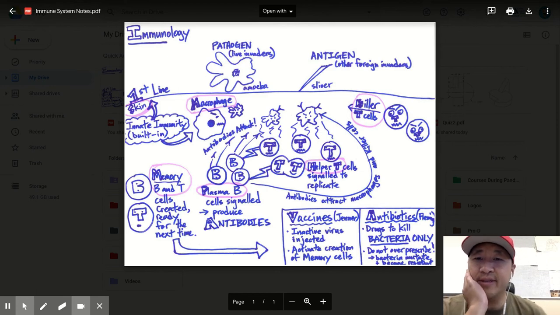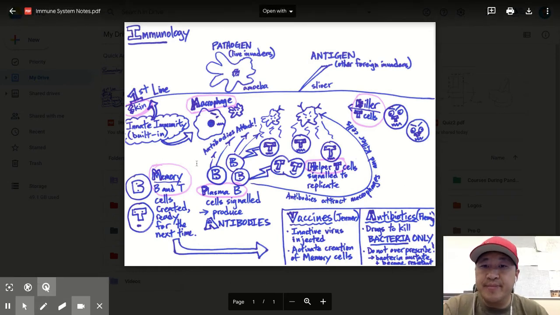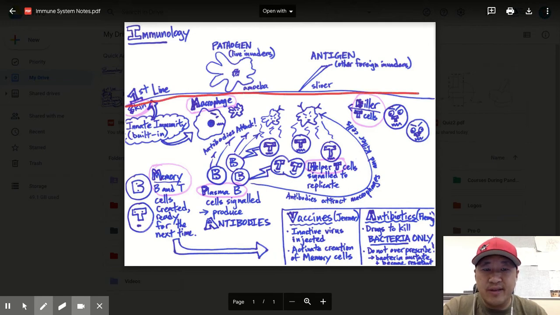All right, I'm just going to go through some of the major white blood cells and components of the immune system with you that you should know. So first of all, let me get out a pen here just in case I need to draw. First of all, you need to know that the first line of defense is this right here, which is